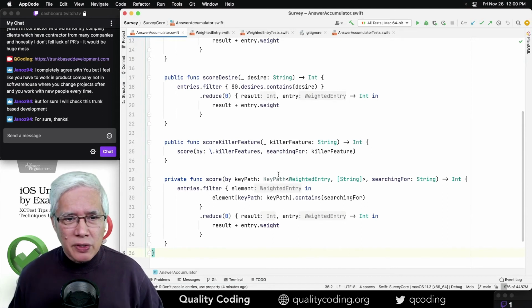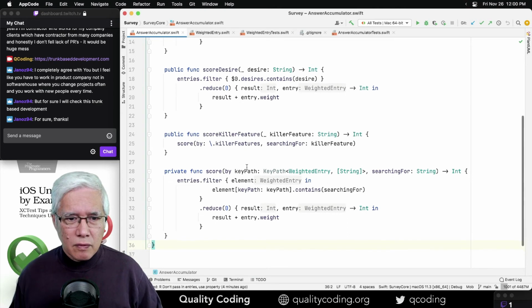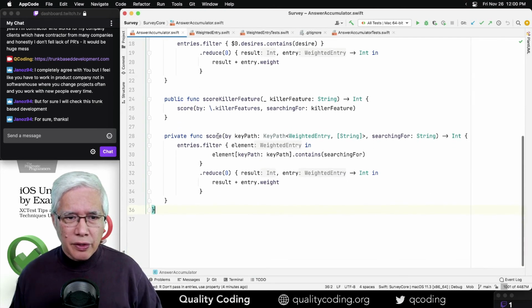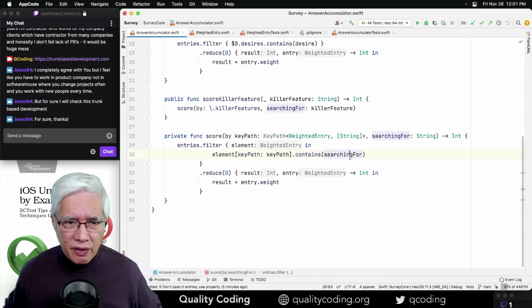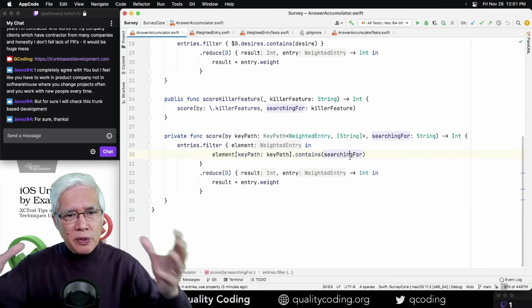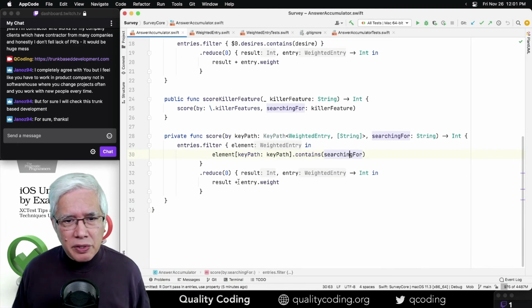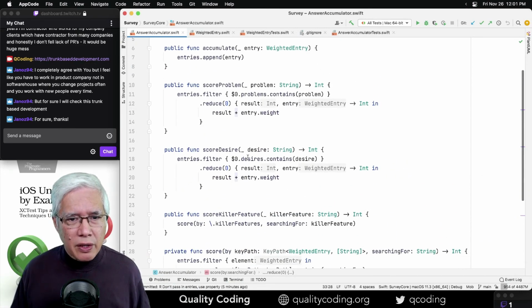Score killer features, where it says score is filter the elements, looking for a particular path and seeing if it contains what we're searching for. Filtering down to those and then reducing those by combining their weights. So I'm inclined to say let's